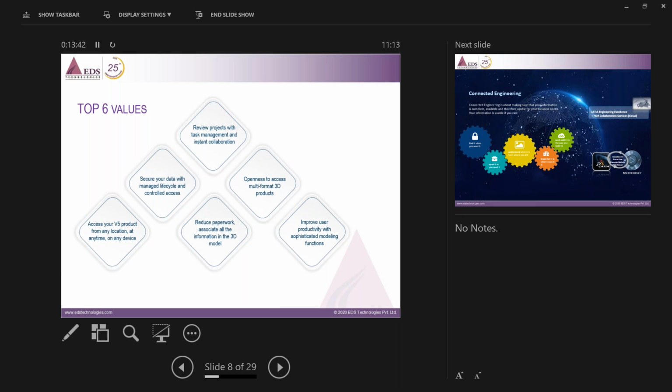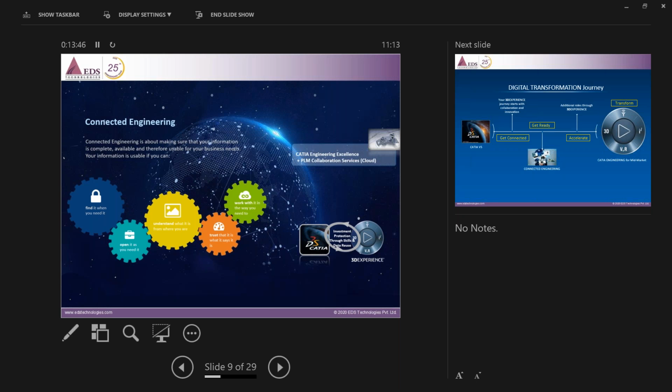So the connected engineering approach will take you through all these values that I have spoken about, and you should be able to find it whenever you need it. When we say finding, today if you want to search for specific data within the organization, or even on the Google website, it takes a lot of time to search for your data. Google will throw more than 200 websites, out of which 2 or 3 are relevant to you. Similarly, if you have to search for data,